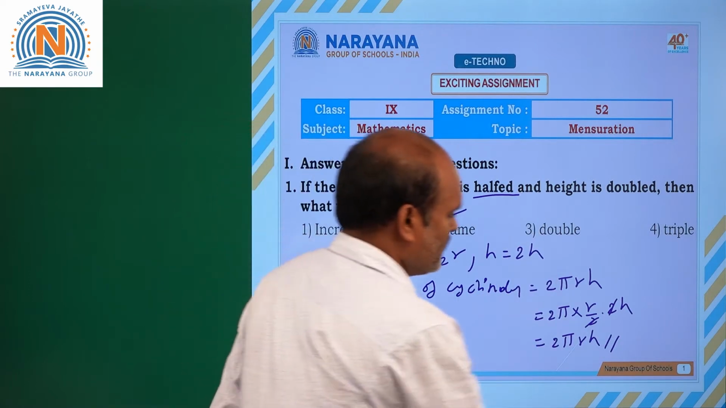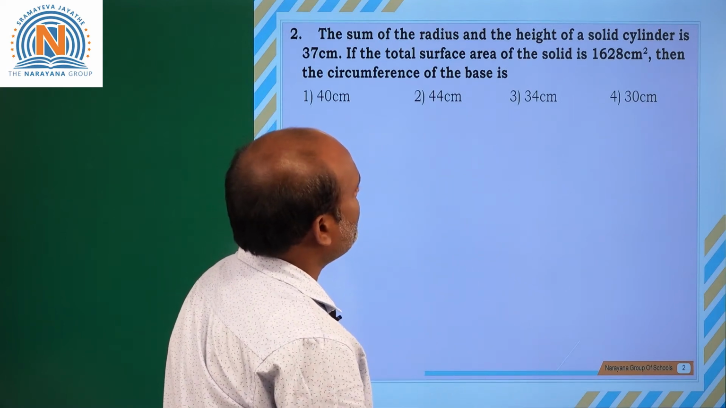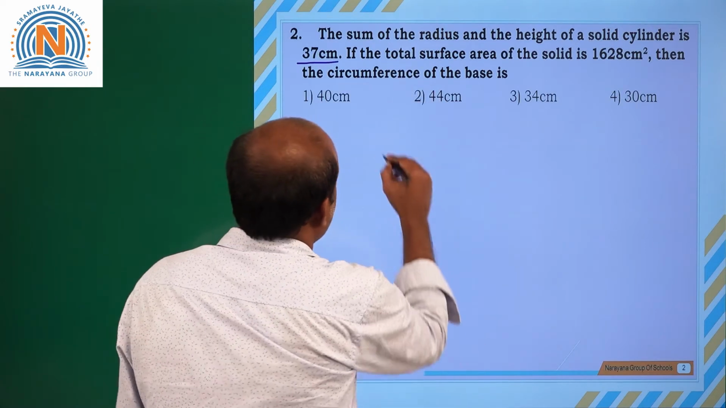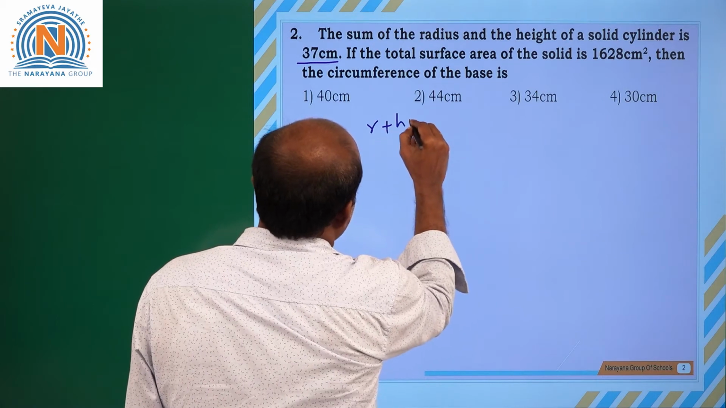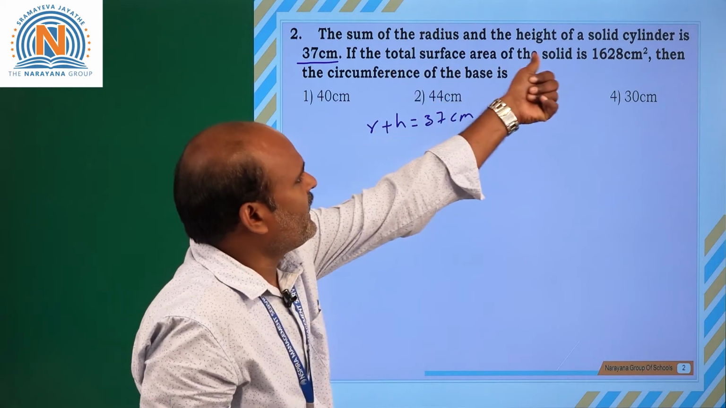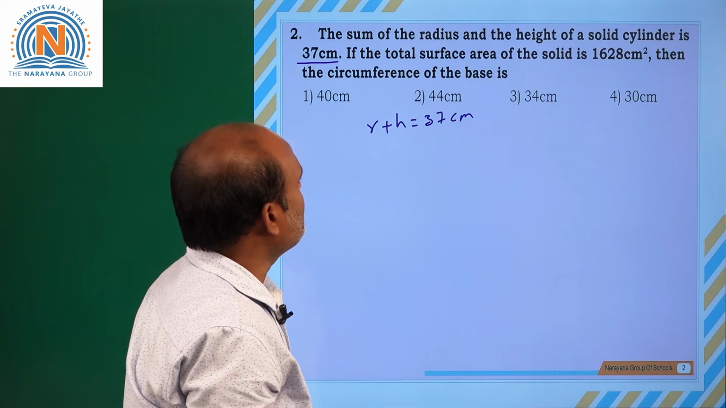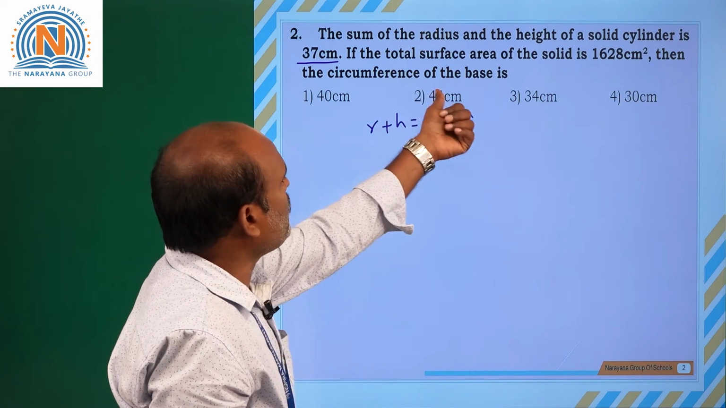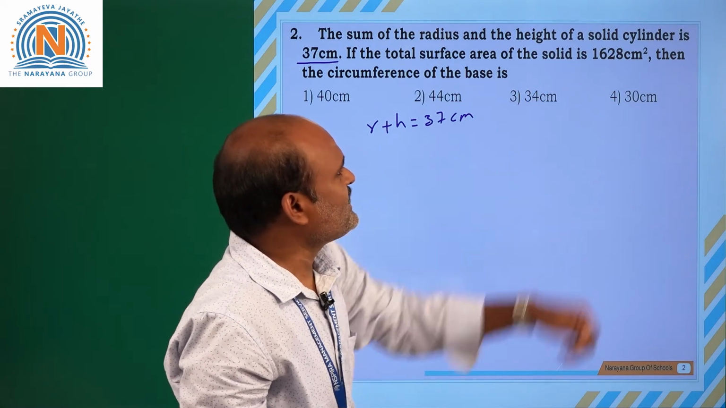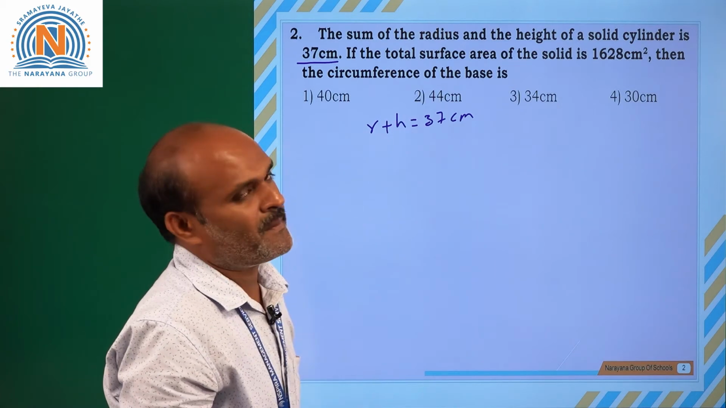CSA is same. Now coming to the next one: the sum of the radius and height of a solid cylinder is 37 centimeters. Given r plus h is equal to 37 centimeters. If the total surface area of that solid cylinder is 1628 centimeter square, then the circumference of the base is,